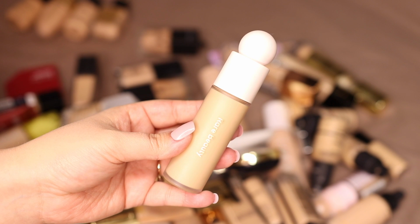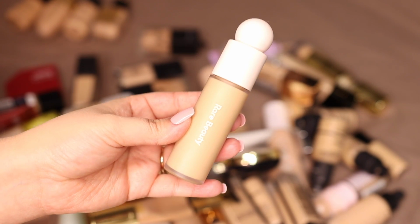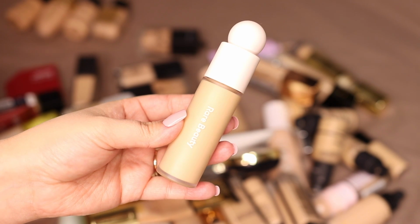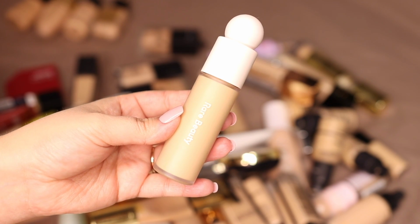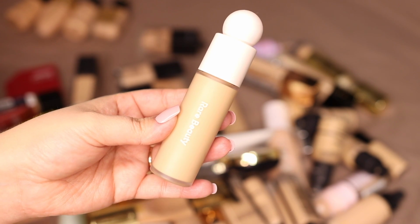Let's talk about the Rare Beauty foundation. I have tried this multiple times. Every time I expect to like it, and every time it looks so terrible on me. This might be one of the worst looking foundations on my skin, and I know that I'm the problem because